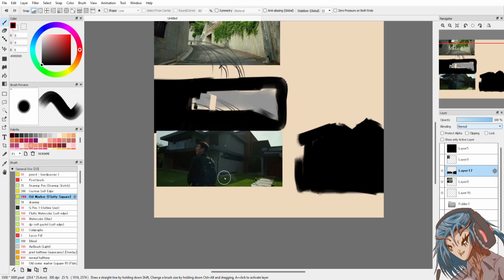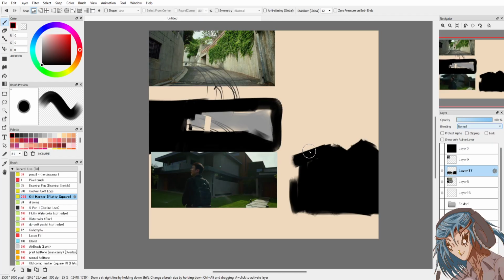And he feels out of place. You can disappear his silhouette into the building. You can't see him. You can't see him at all. This is his border, but it has the same value structure as the thing behind him.